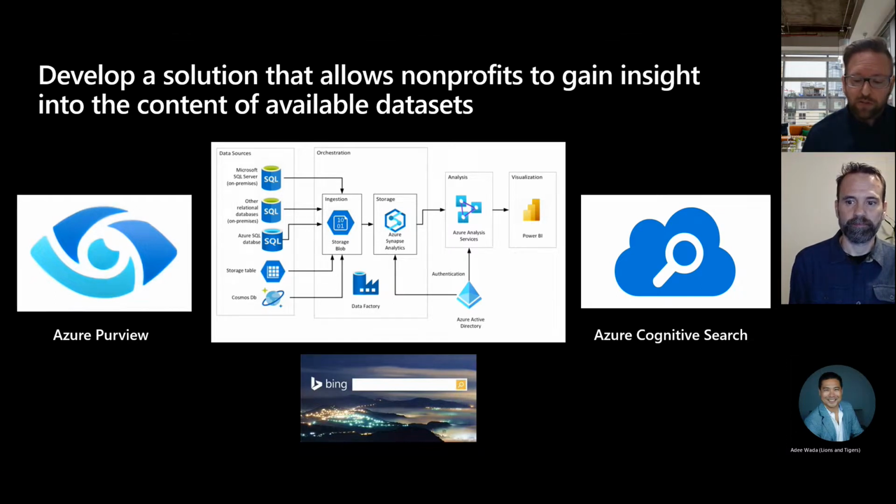With the release of Azure Purview to general availability, many of these capabilities are much closer to our not-for-profit customers. Tools like cognitive search, Bing API, and Bing custom search are also useful to help customers find the data that they need in their organization's data landscape. Tools like Power Query, that's now available in Azure Data Factory, make merging data significantly easier. This challenge is focused on building a solution that makes this technology an achievable goal for our not-for-profit customers.